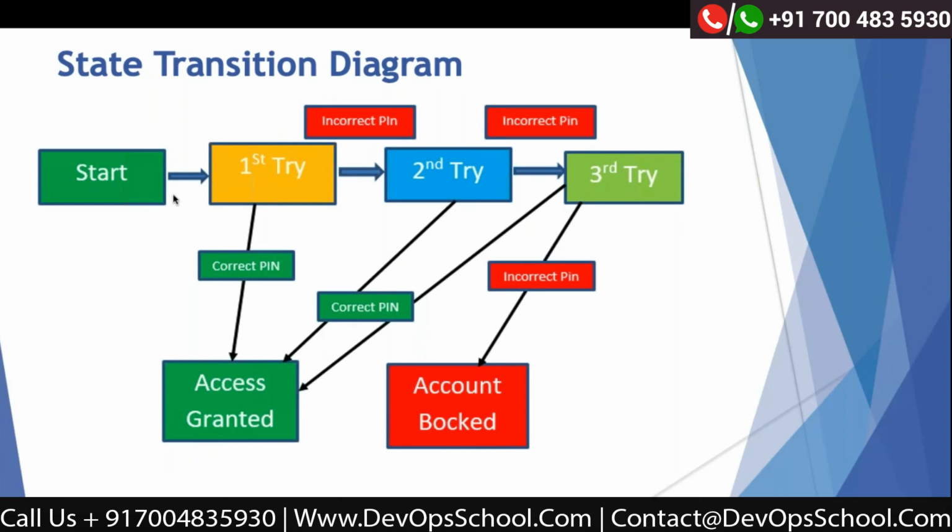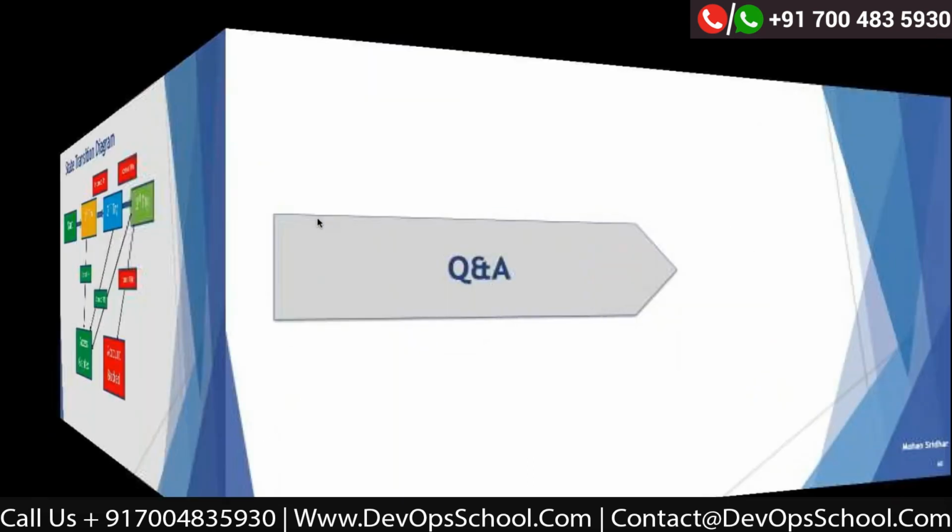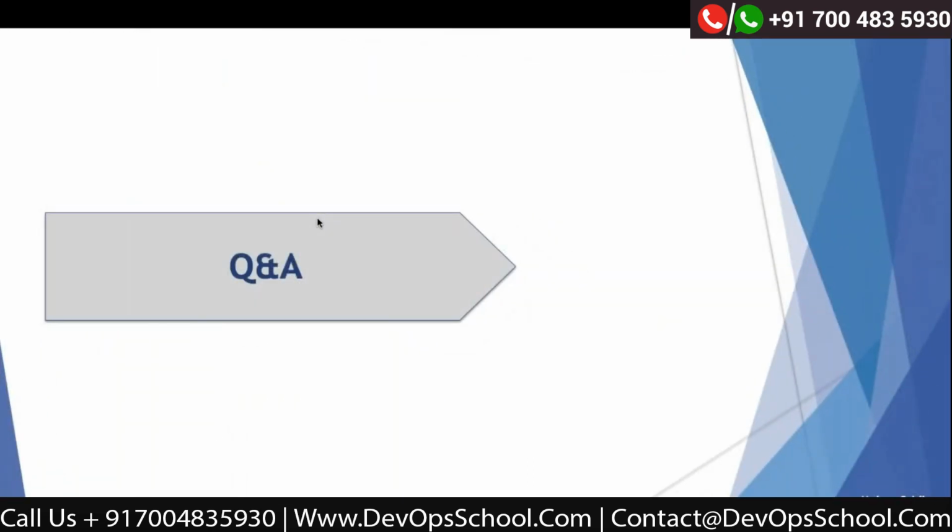So these kinds of things can be modeled using a state transition diagram. This will help to derive test cases for the conditions in which it will be blocked. So you have to try all the ways. At the second stage, you have to try with valid and invalid pins. If you try only valid and didn't try invalid, it will be a problem. So you have to try all these combinations. Then you make sure that your functionality is working as per the requirement. So that is about test case design techniques.